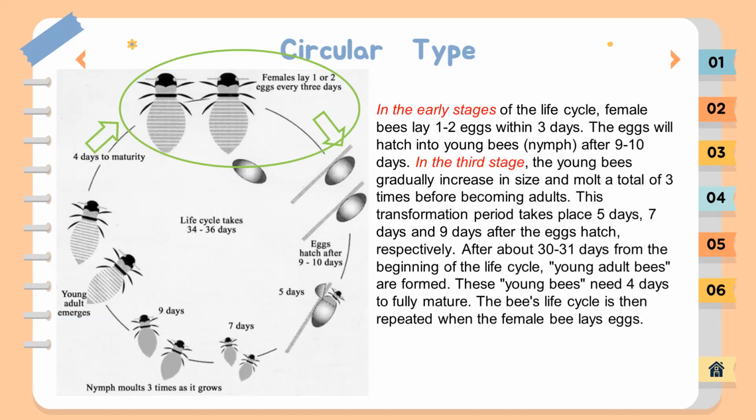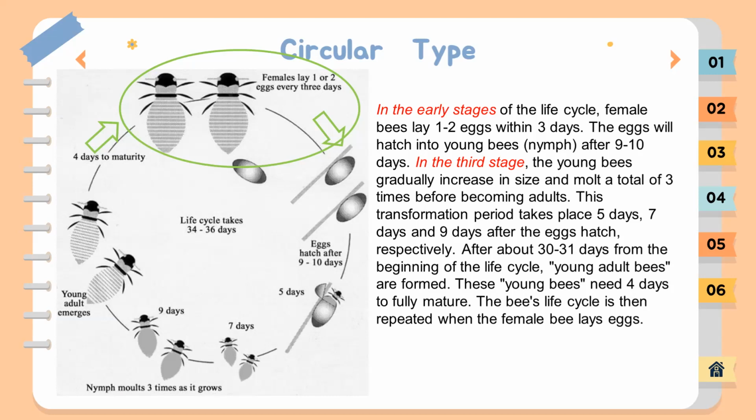Please, Nguyen, can you read it for me? In the early stages of the life cycle, female bees lay 1 to 2 eggs within 3 days. The eggs will hatch into young bees called nymphs. After 9 to 10 days, in the third stage, the young bees gradually increase in size and moult a total of 3 times